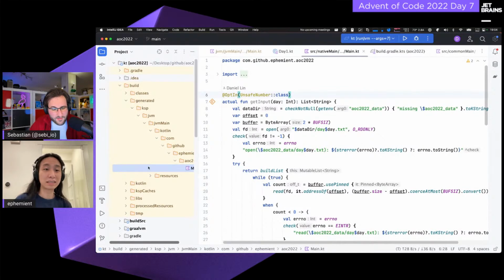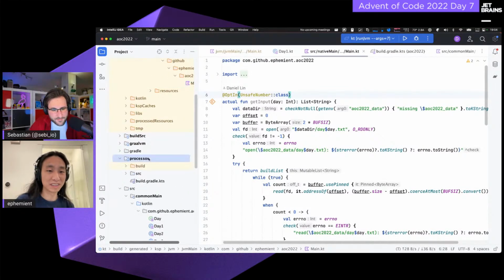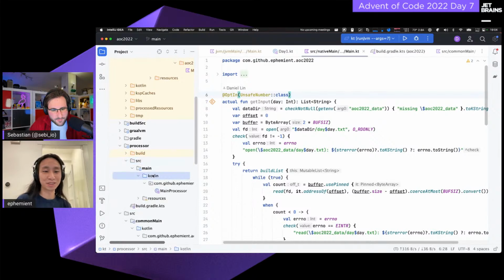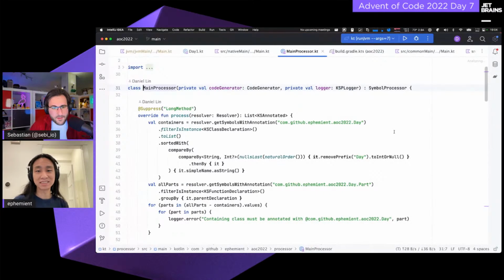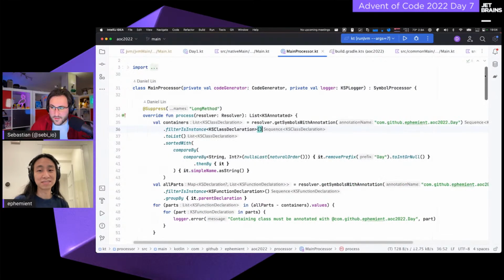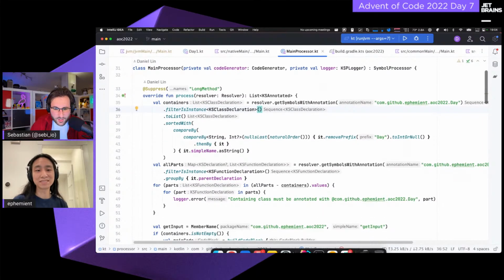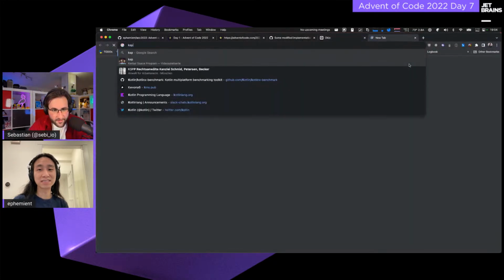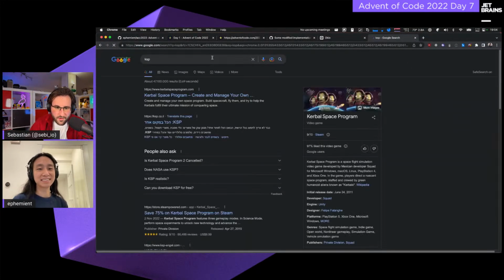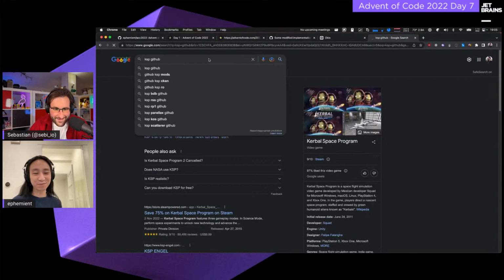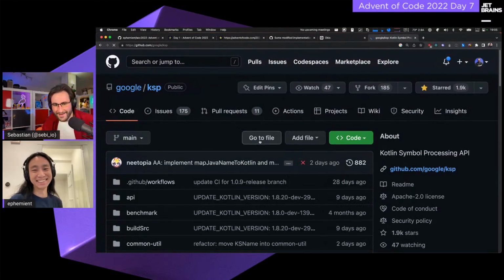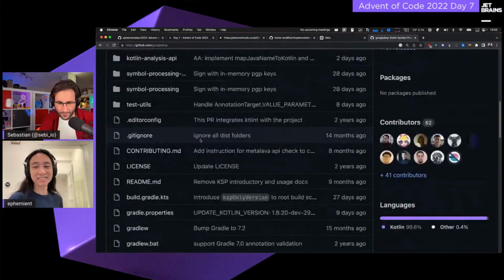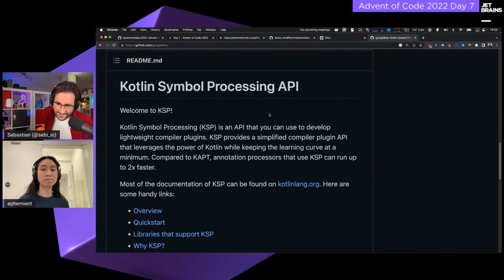And the processor is also custom built, you said, right? It is. It is right there in the processor folder, so you can peek in here. Okay. And there we go. Now it's waking up. So just for context for people, this is KSP, not Kerbal Space Program, which is a great game, but it's not super helpful for Kotlin. Certainly. KSP is Google's project for writing lightweight compiler plugins.